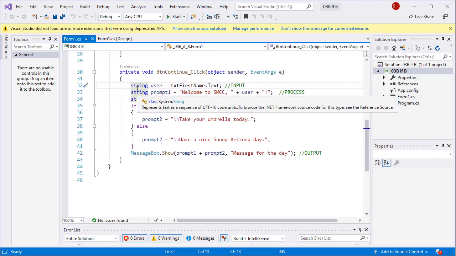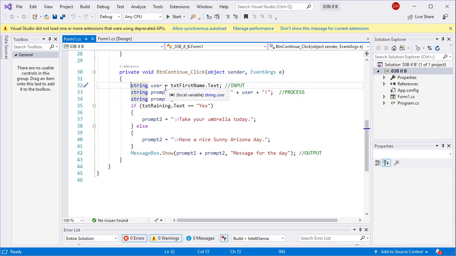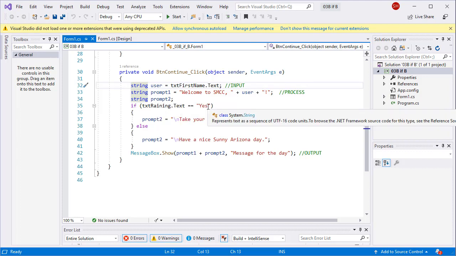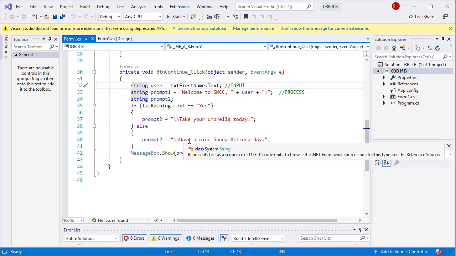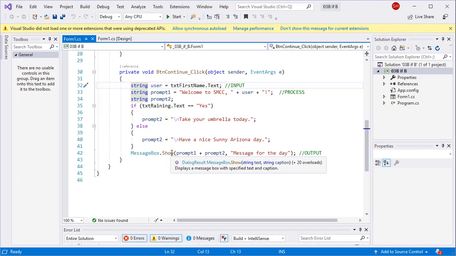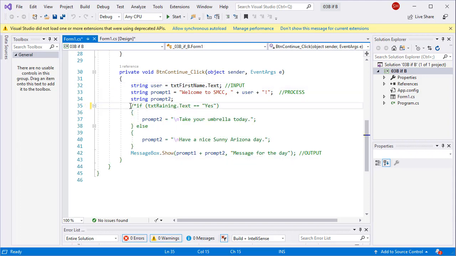So in the code we had a string variable named user. We put the text value of our txt_firstName there. We had a prompt, "Welcome to SMC," and we used their name in that prompt. And then we had a string variable prompt2, and if txt_raining.Text equaled "yes," then we assigned prompt2 to be a new line character and the text "Take your umbrella today." Otherwise, we assigned a new line character and "Have a nice sunny Arizona day." And then we showed that in a message box. What I want to do is replace this if structure